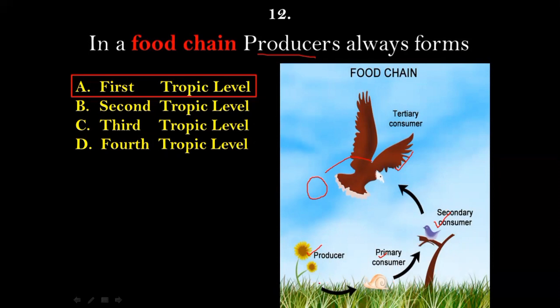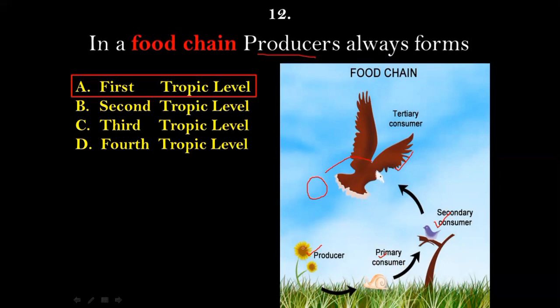So as you can see on the screen here, in a food chain, we can see the food energy is being transferred from one species to another. So the transfer of food energy from one trophic level to another is called a food chain. So what is the trophic level here? The trophic level means the position occupied by each species in a food chain.